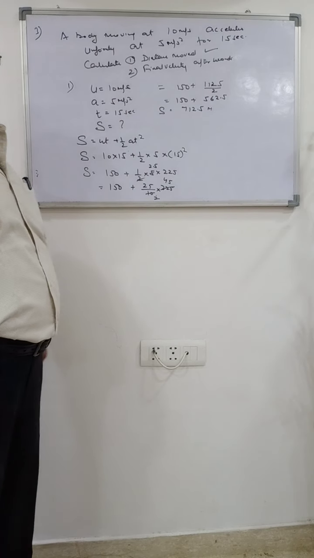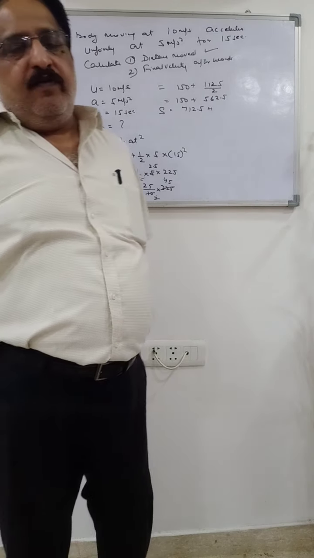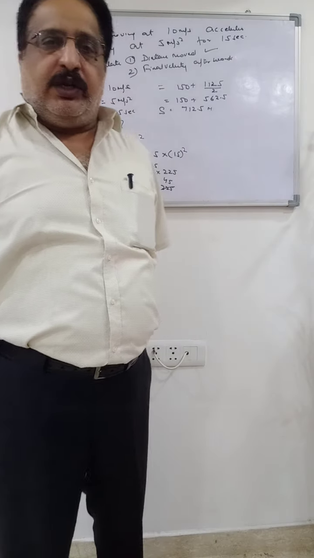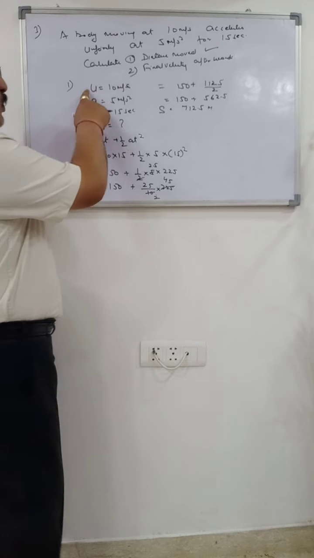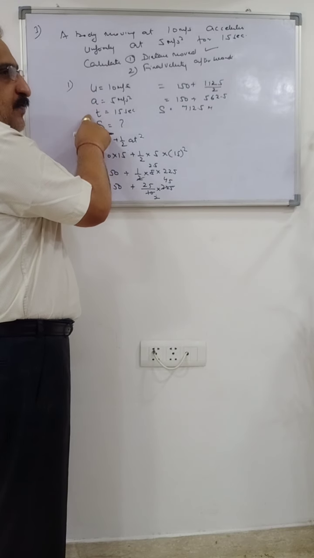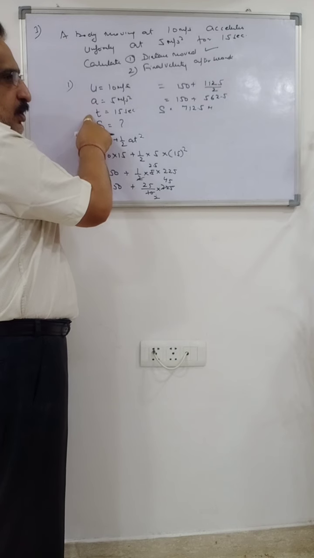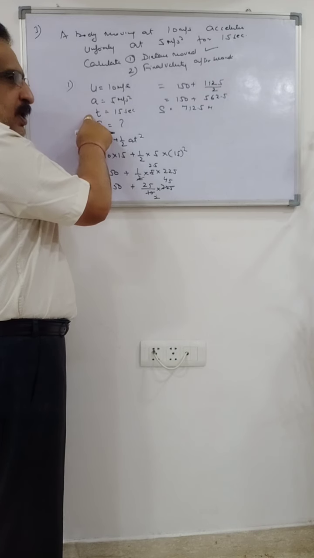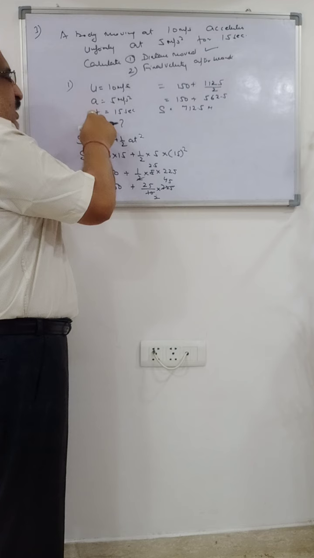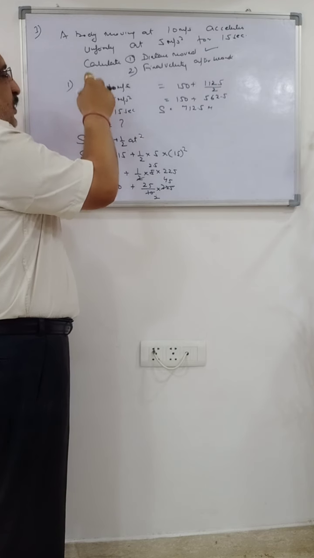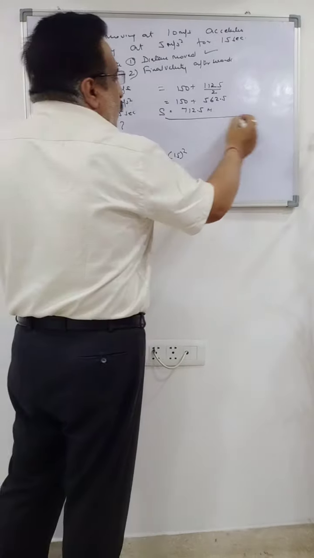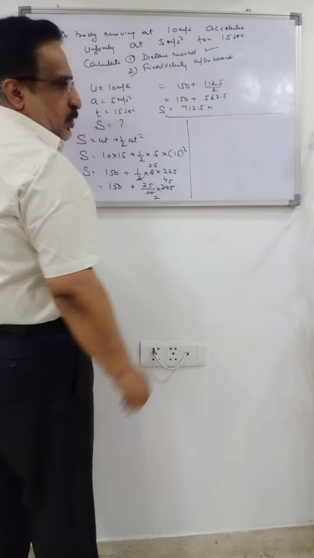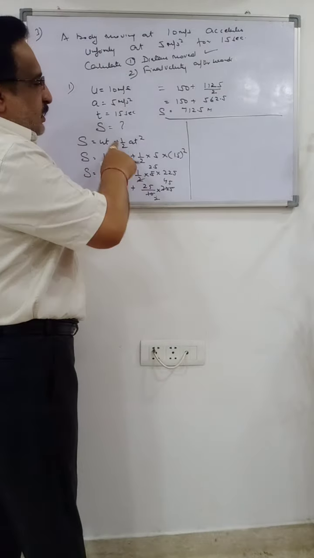Now you want to calculate V. What is V? The final velocity. For the final velocity, U is given to you, A is given to you, T is given to you. You want to calculate V. So you can use the first equation. V is equal to U plus AT. Otherwise, S is given to you, A is given to you, U is given to you. You can use the third equation also. एक बार एक quantity निकालने के बाद आप कोई भी equation use कर सकते हैं apart from this second equation.